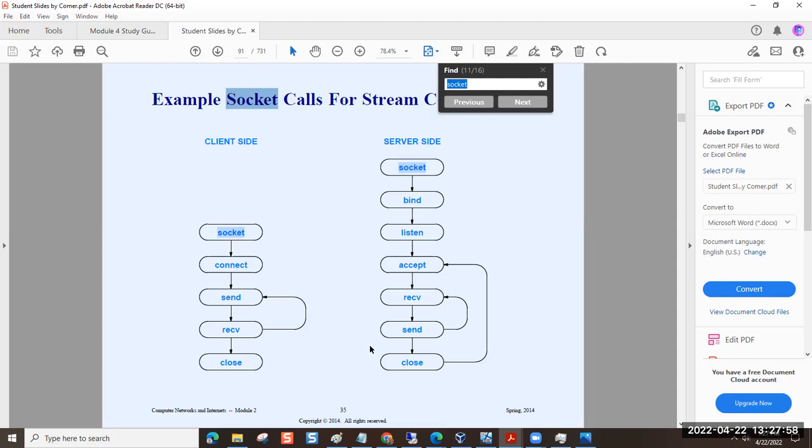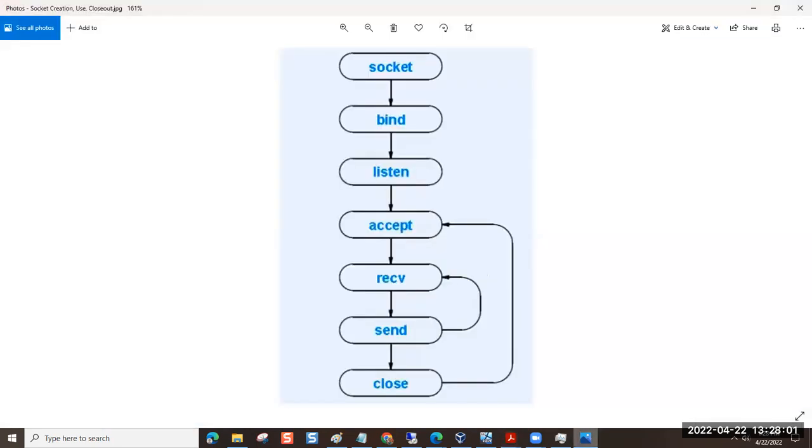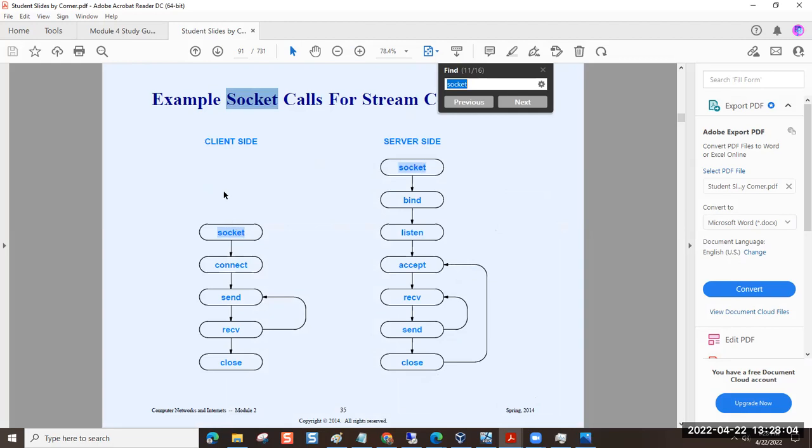You saw the server side here. This is what I showed you before. Here's the client side. Much simpler, isn't it? You create a socket. You connect to a host that is listening. You know that this is a server. And how do you know it's a server? Well, we're going to get to that in a minute. You know it's a server when you have a naming system called DNS, Domain Name Service. So you tend to know where the servers are in your network based on their names and their given applications